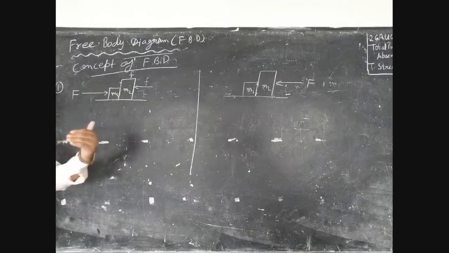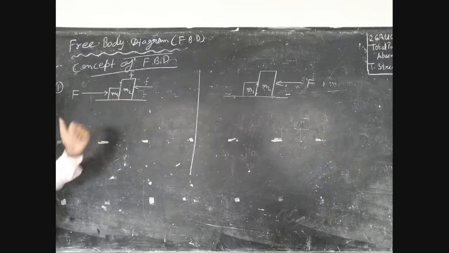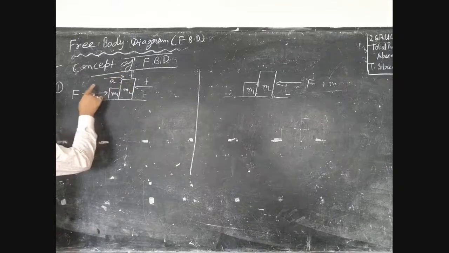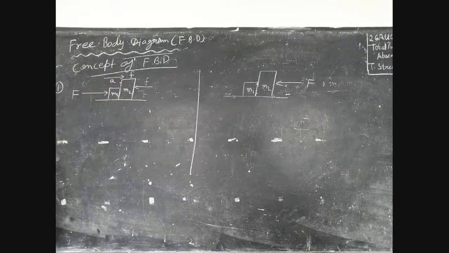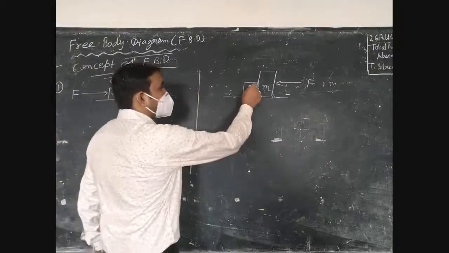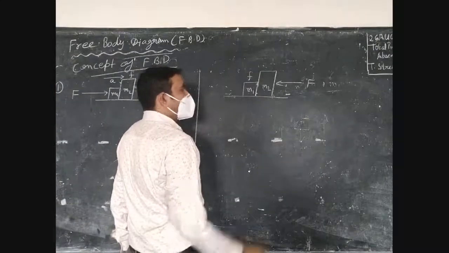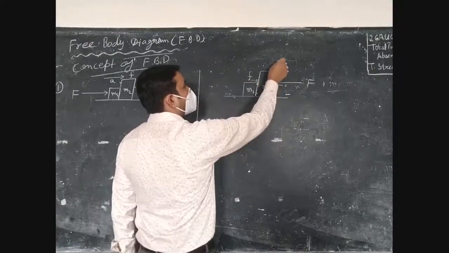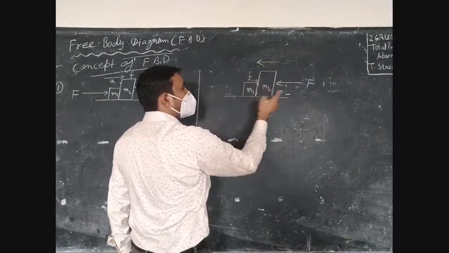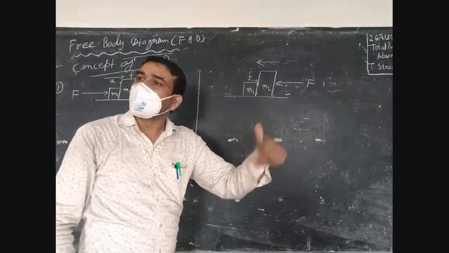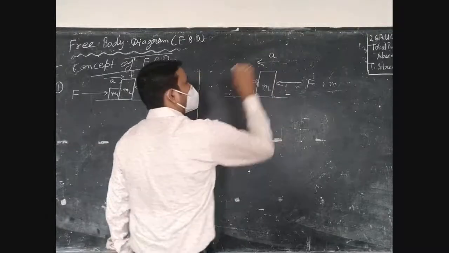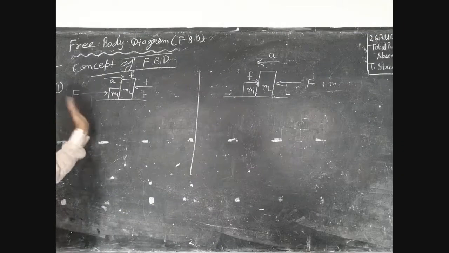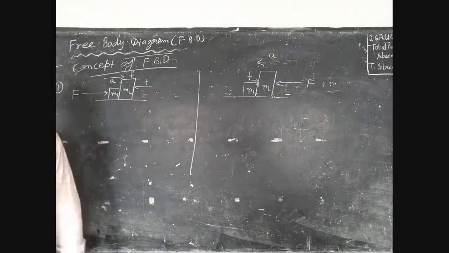But after applying more force or extra effort, the body gets in motion in the direction of the applied force. Clear? In this situation, this small object applies a force F which opposes the applied force, and after some time we find both objects move together with an acceleration. This is the situation. Always remember the body moves in the direction of the applied force. Okay?